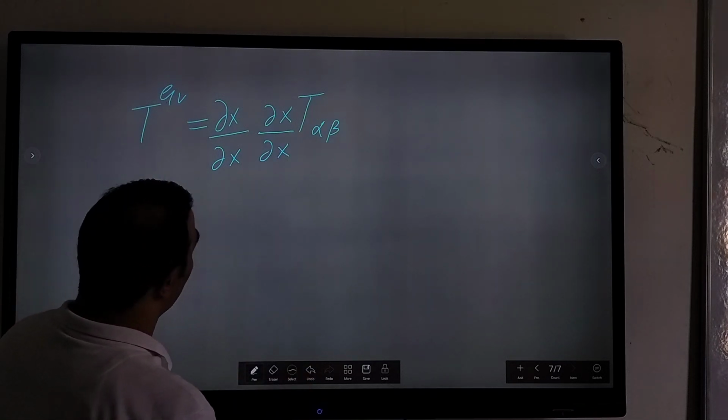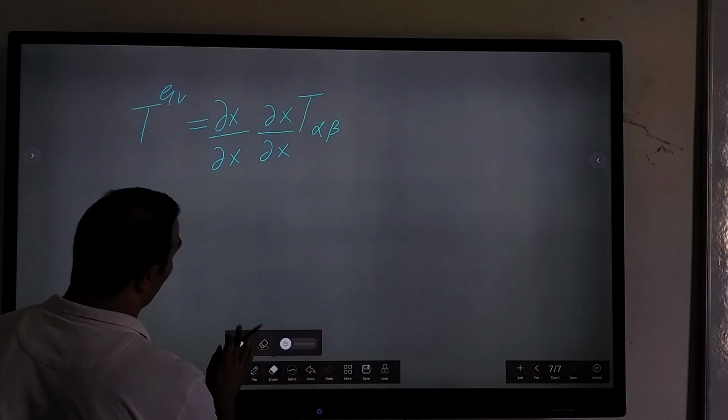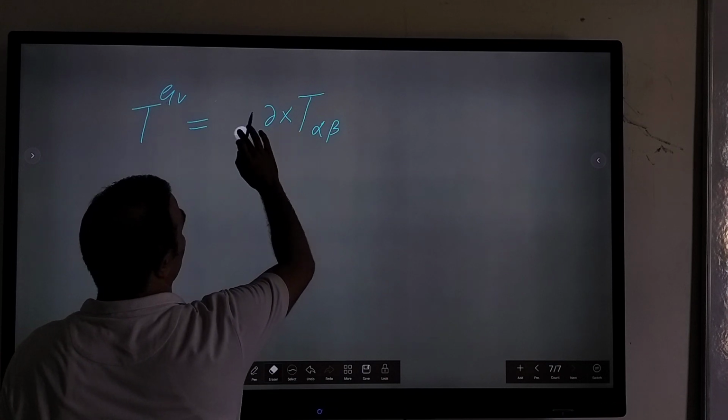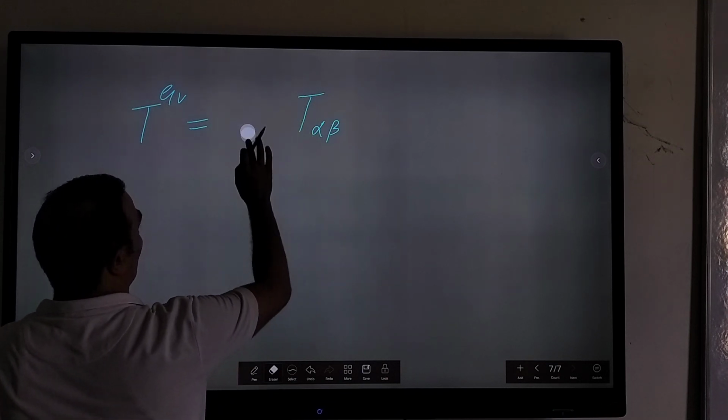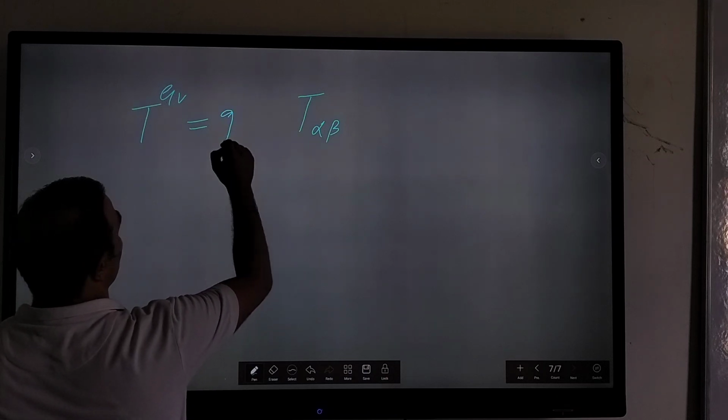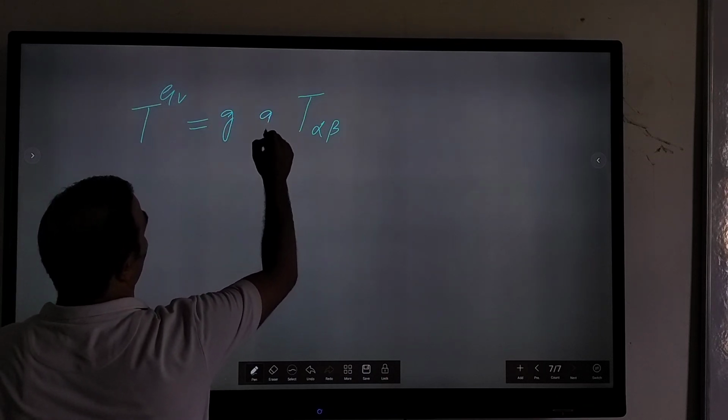So here, or before that, okay, so we can do that, but I need to write it in terms of these G matrices. Okay, so we can write this as G and G,